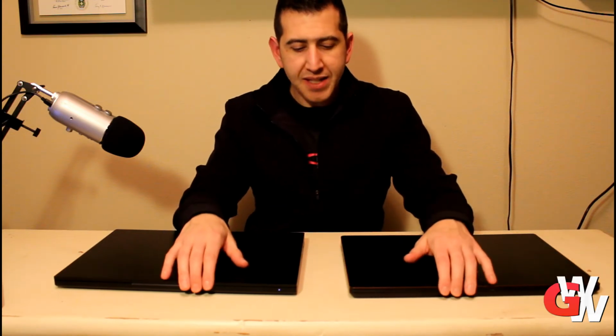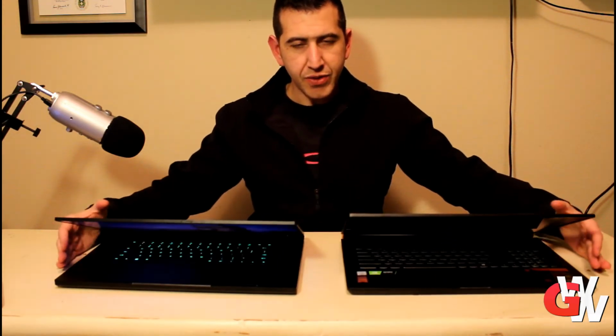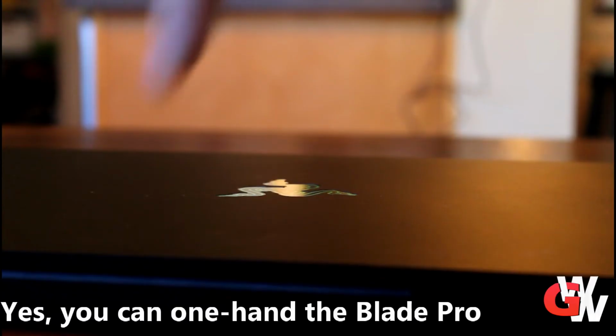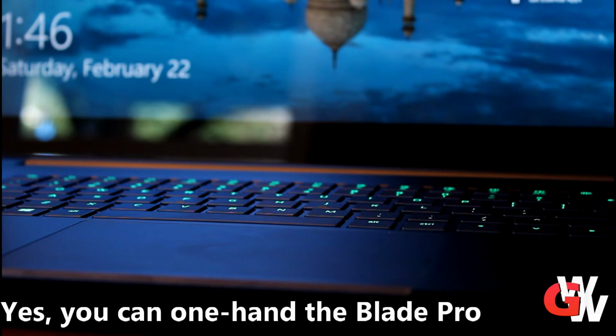When I'm carrying this around, I notice that the lid sort of wobbles. And I took it a step further by testing the two side by side. And importantly, there we go. So they're both pretty sturdy here, but once you get closer to close, the MSI just collapses. Now, that's not a huge deal because you're not going to walk around with your lid open by 1 to 2 inches, but it's a way of demonstrating the weak, or I guess just not as well-tuned hinge technology, and that goes a long way. When you lift it up, you kind of feel the wobble, and when you're walking around, you can feel and sometimes hear the clasping of the display to the chassis,